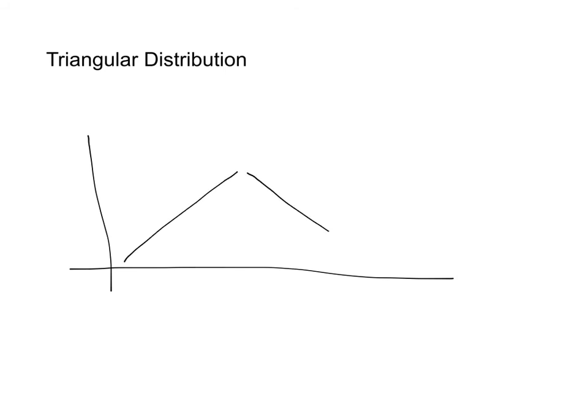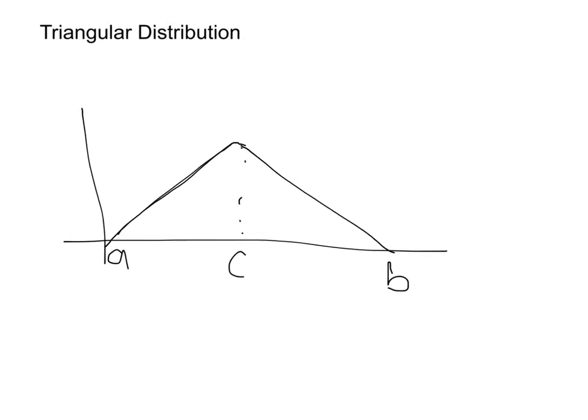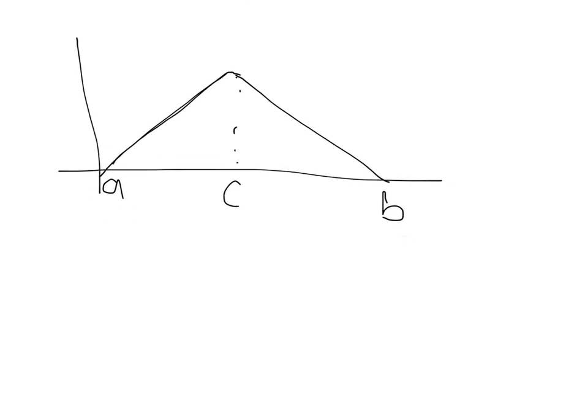So it works in a situation where basically the probability increases uniformly from the minimum, which we call A, to the mode, which is C, and then decreases uniformly from the mode to the maximum, which we call B. Right, and the probability density function for a triangular distribution looks like this: